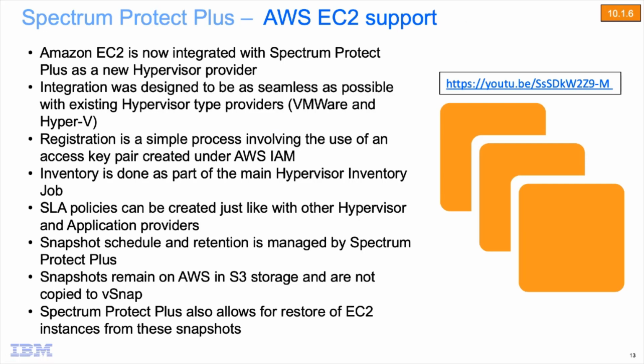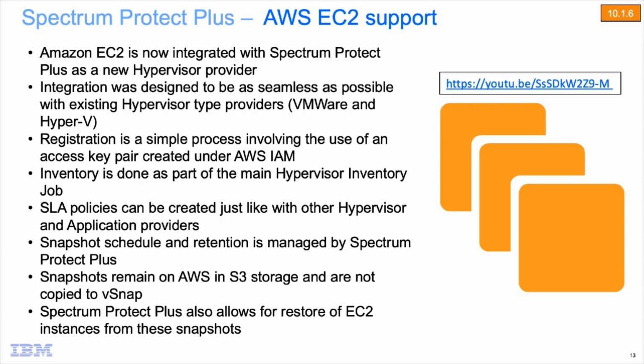Okay, so moving on to AWS EC2 support. Beginning in 10.1.6, Spectrum Protect Plus will now add a new hypervisor provider, which is going to be Amazon Elastic Compute Cloud, or Amazon EC2 as it's known. Now, the design of this is going to be very similar to VMware and Hyper-V, where you go in and register your